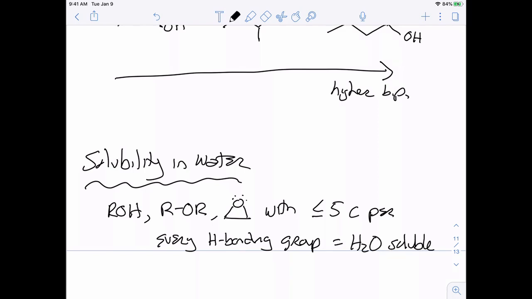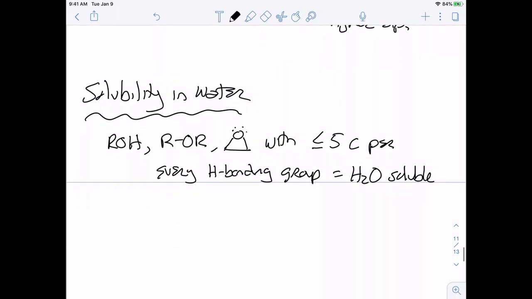And what I mean by every hydrogen bonding group, I can have more than one hydroxyl group on an alcohol. So if I had 2 hydroxyl groups, then I could have 10 carbons, right? We could double that number. So an example, if I was to do this,